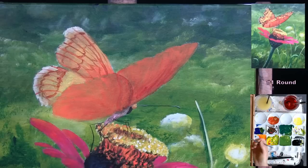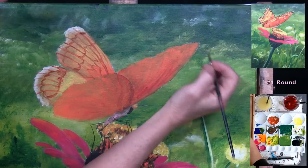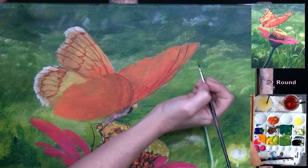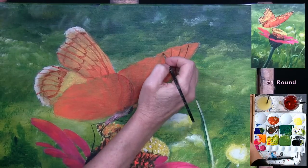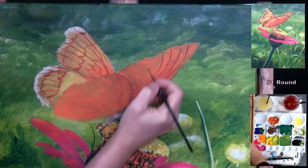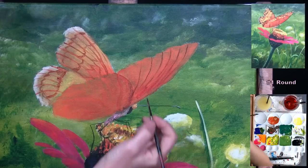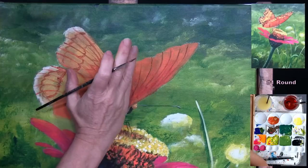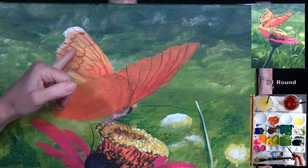All right, so now I'm going to use brown as my vein color for this one. So just loading my brush with some brown, and I'm going to do a similar kind of process. You could use the dark orange if you felt that that was going to be dark enough for you, but I'm feeling like I need a little bit darker of a tone in through here, so that's why I'm opting to use brown. And then we'll get both of the wings to tie together with their color. Oops, that was a little bit too bold on that one. We'll get them to tie together with their color schemes by adding some of this light yellow on this one,